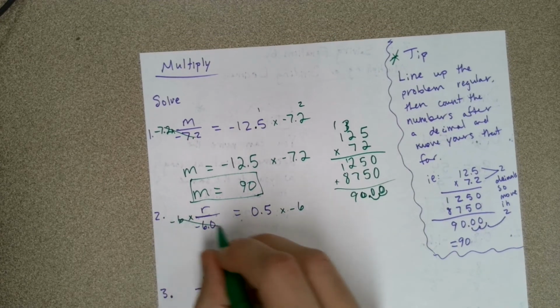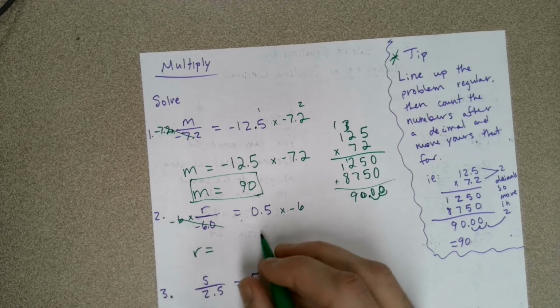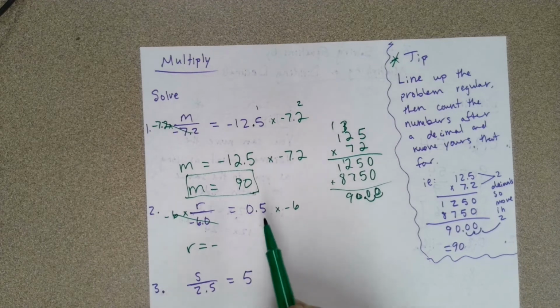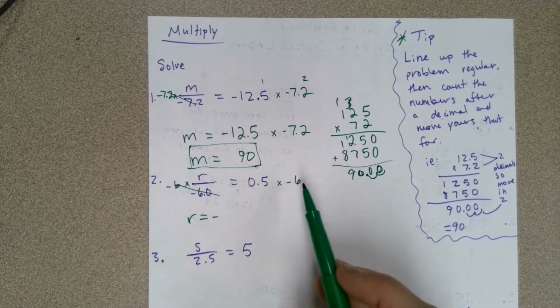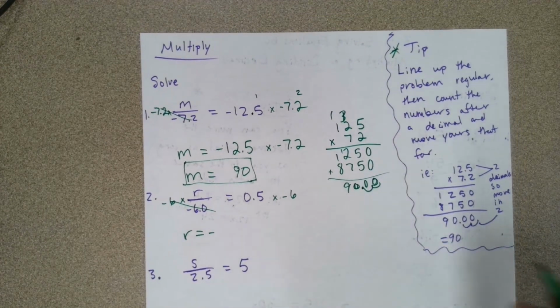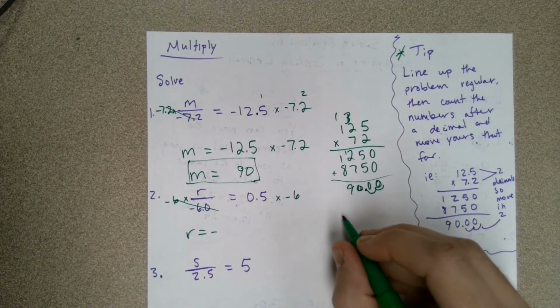That's going to leave us with r over here. And we're going to know this is going to be a negative because we have 1 positive, 1 negative. If you look at this right now, you probably know that 0.5 times something is the same as dividing by 2. But for the sake of our learning, we're going to write this out, and we are going to write it as